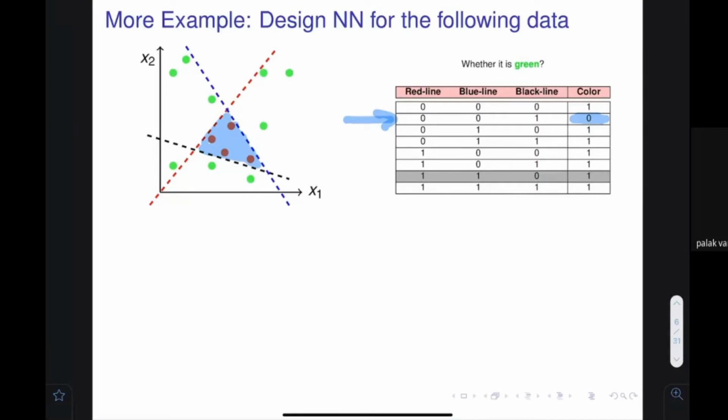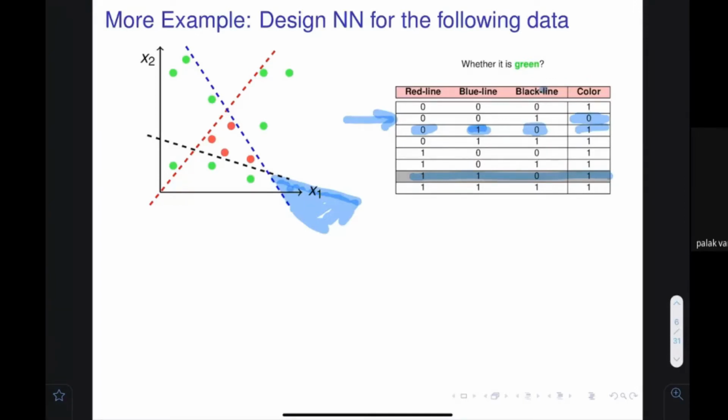So similarly, I can find out other things. For example, below the red line, above the blue line. So I think this is the area. Okay. And for the black line, it is below. So I think this area would be here. Am I right? I'm talking about this area. What is the color you can write over here? Similarly, there could be some wrong combinations also, which are actually not possible. But by this, you can find out what the right color is.